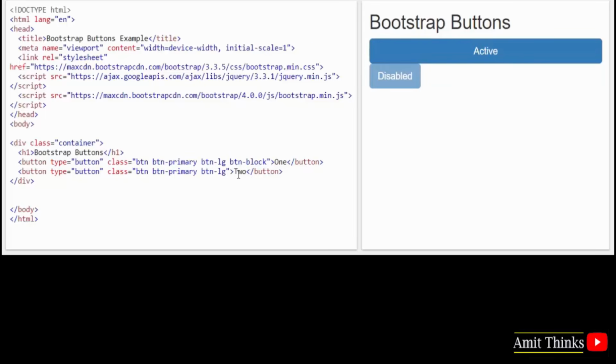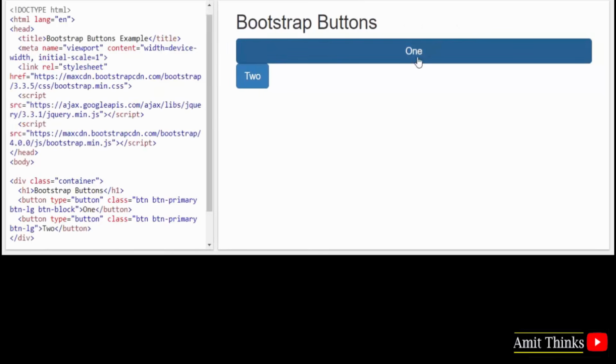So we will add 1, 2 to the name, and the first one is a block level button, to create a button that extends across the screen. On the right you can see one part. The first one has expanded the width and is now on the whole screen. So the second part is a basic button which does not have the block level class, so it will show